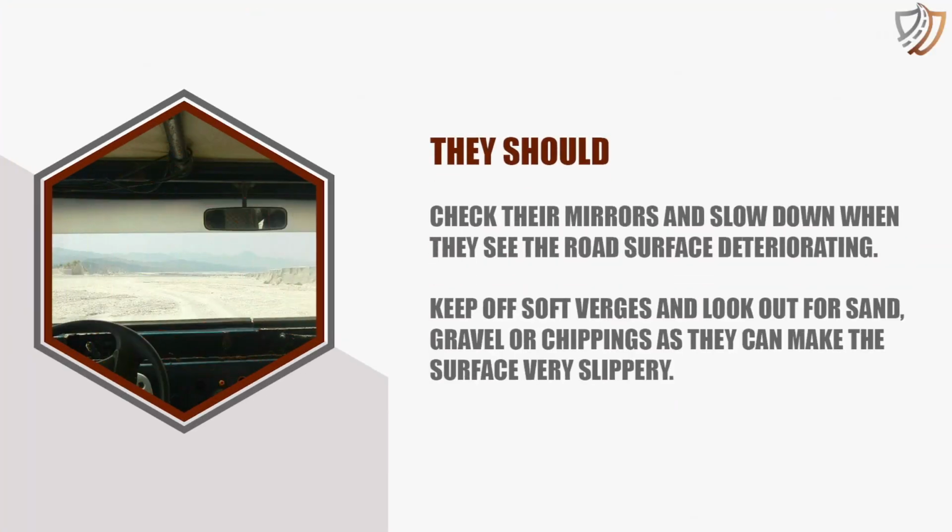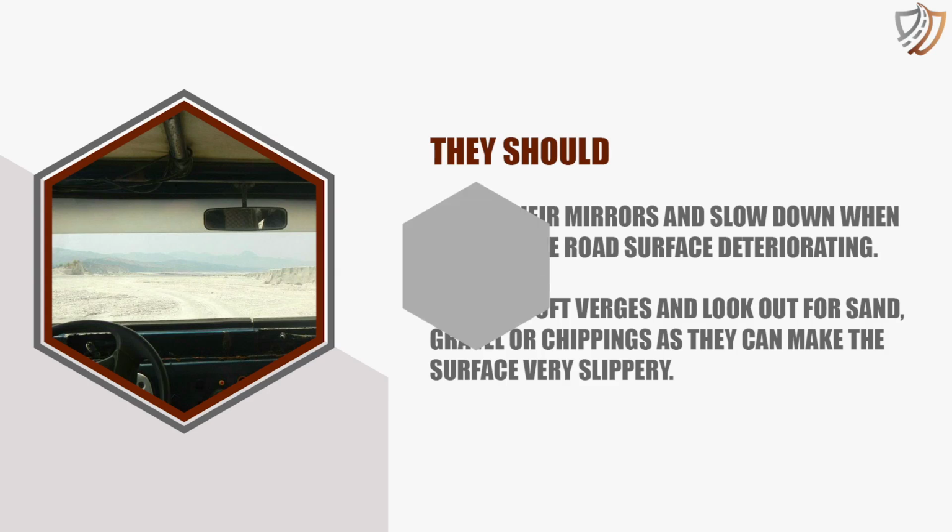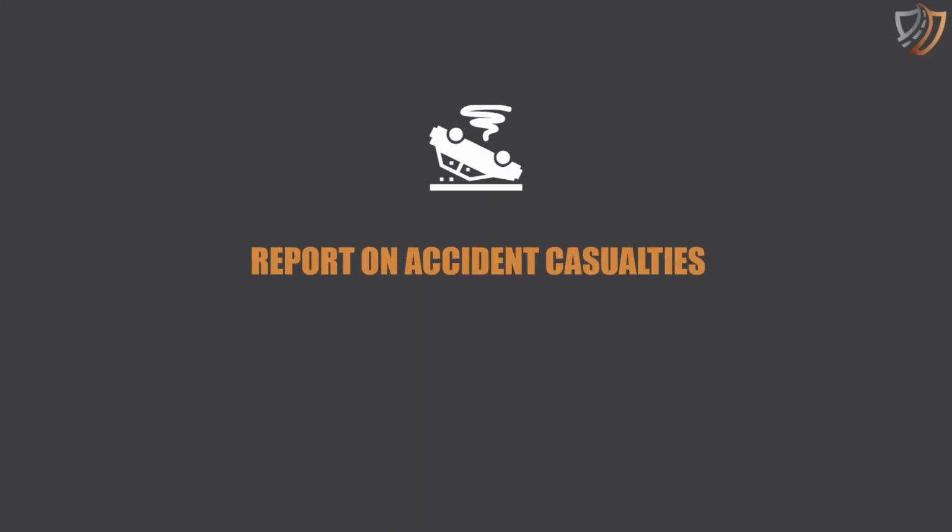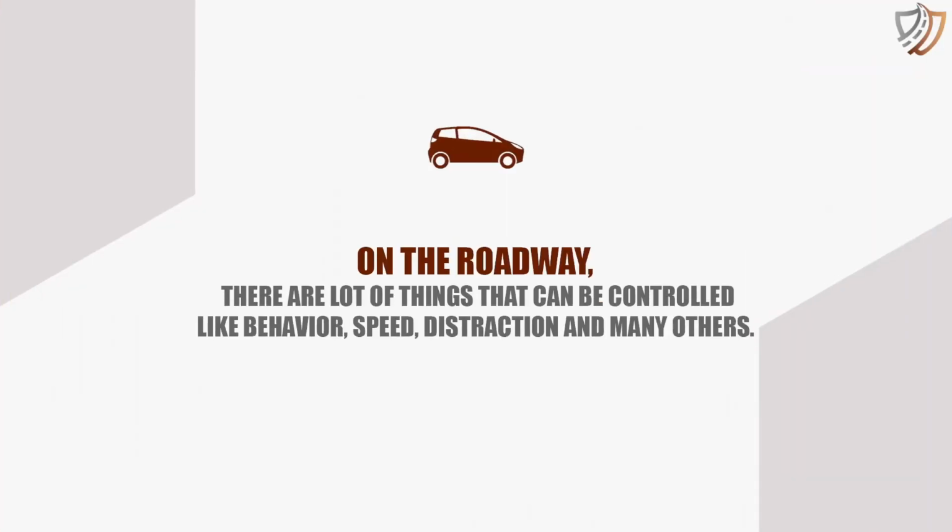They should check their mirrors and slow down when they see the road surface deteriorating. Keep off soft verges and look out for sand, gravel, or chippings, as they can make the surface very slippery. Report on accident casualties. On the roadway, there are a lot of things that can be controlled, like behavior, speed,